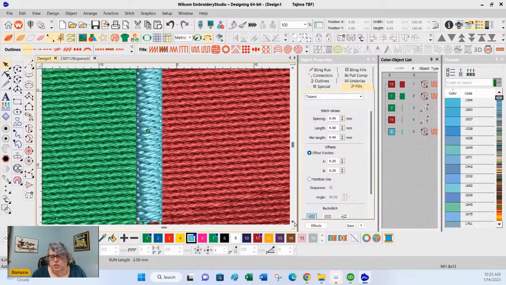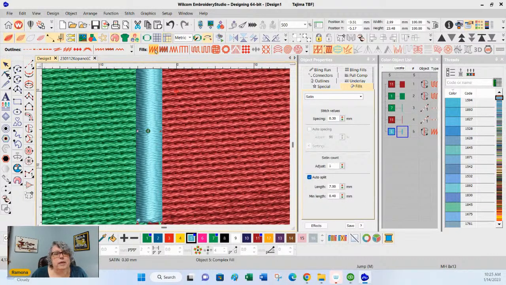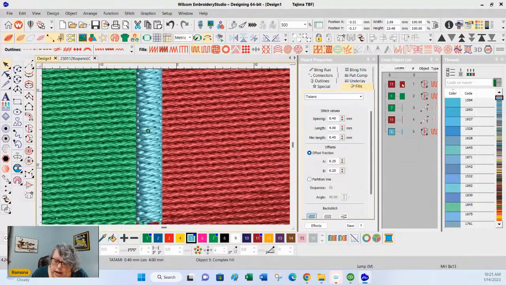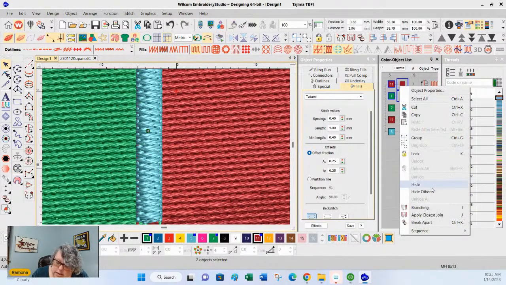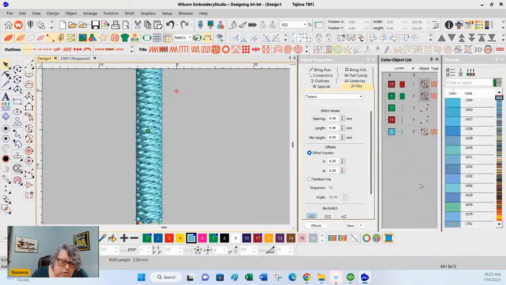Now, one of the things you could do instead of using a fill is use a satin stitch. The nice thing about a satin stitch, and let's go back to that fill again. We're going to hide these other two pieces. I'm going to hide those. And then we're going to come up.